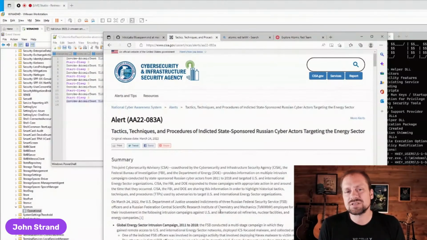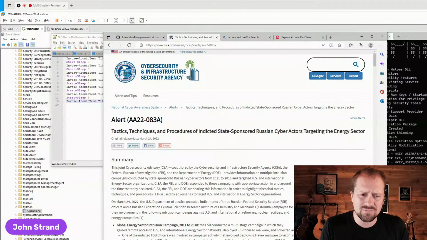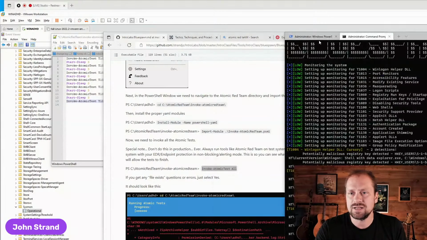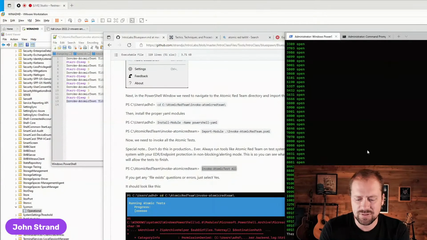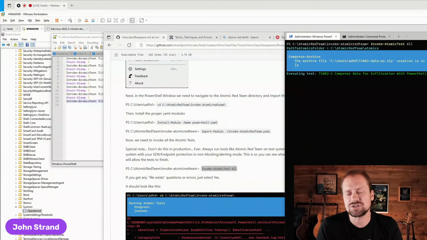But two, this can be a very powerful, effective tool for you and your security team or the people you're working with to develop a narrative around your defenses and the offensive techniques the attackers are using. While I really like to see organizations just hit the whole thing, do an Invoke-AtomicTest All, and open the door to see what we can and cannot detect in our organization in a much more comprehensive fashion,